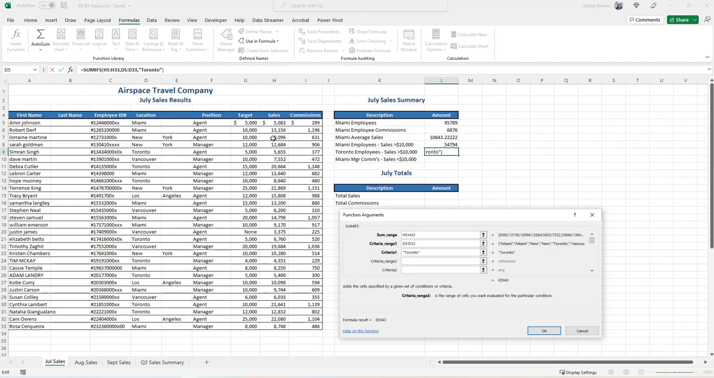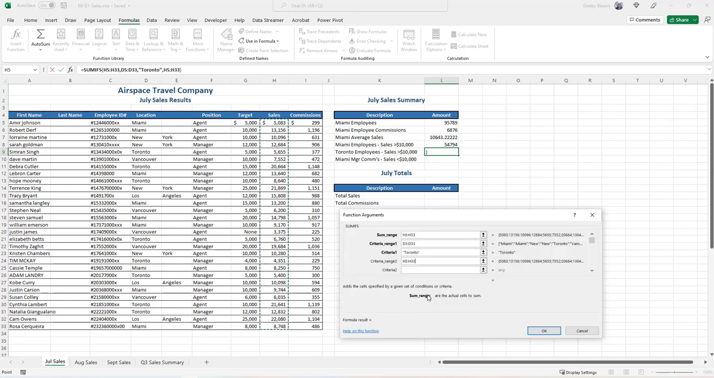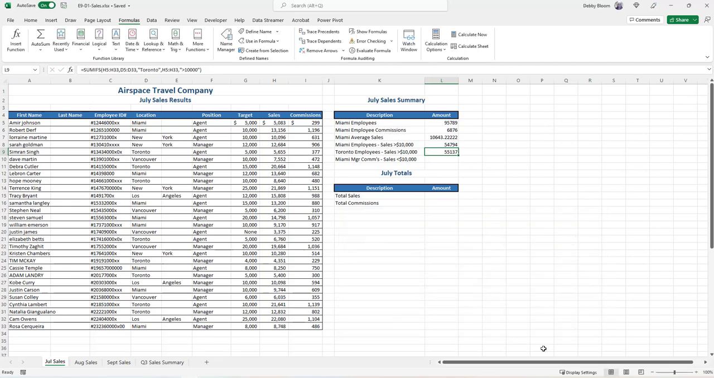Criteria range 2, sales, H5 to H33. Criteria 2, double quote, greater than, that's a less than, greater than 10000. Close the quotes. $55,137. Now,